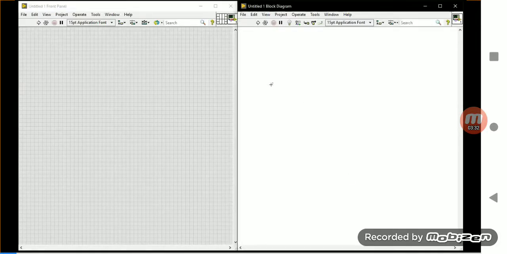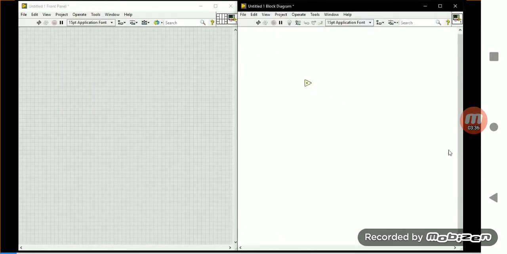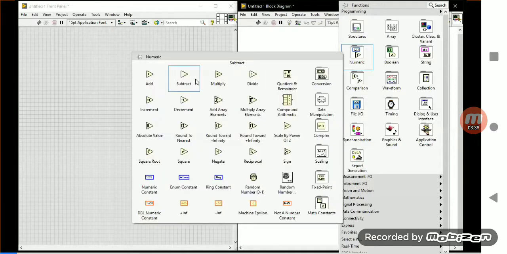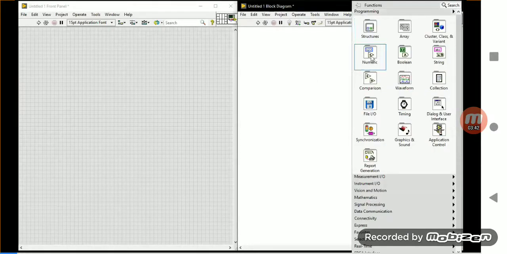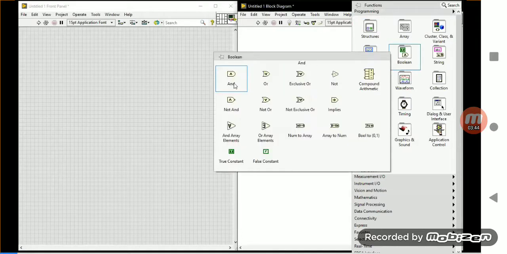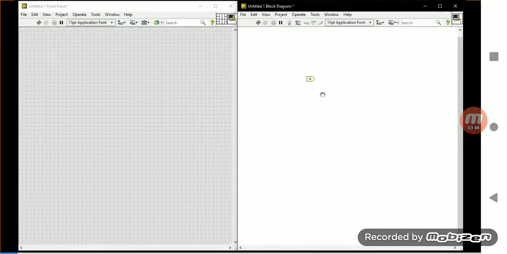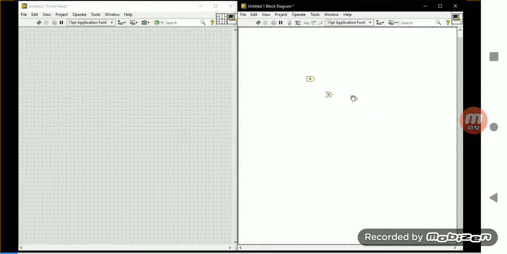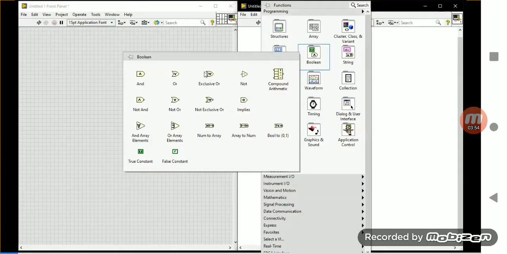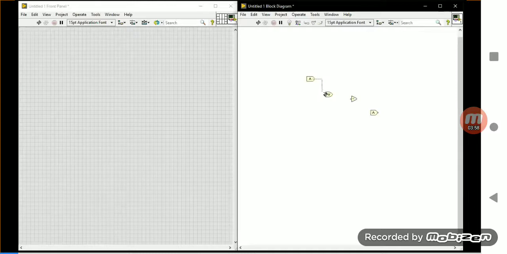First I am going to do one simple program here. Let me delete this one and take a gate function, something different, to show how to create a sub-VI.